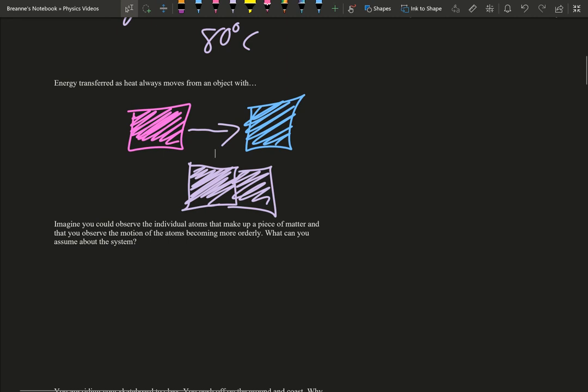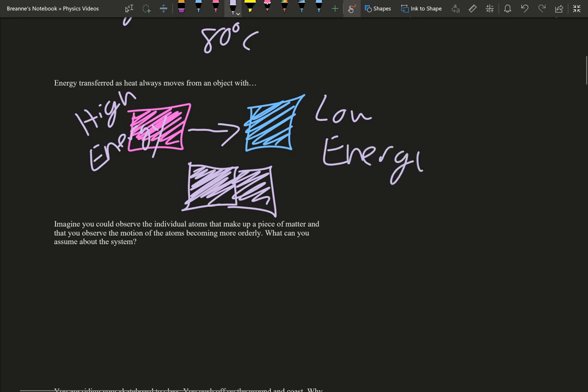It's just lack of heat. So think about it: it moves from high energy to low energy. Another way to think about it is when you're in a very